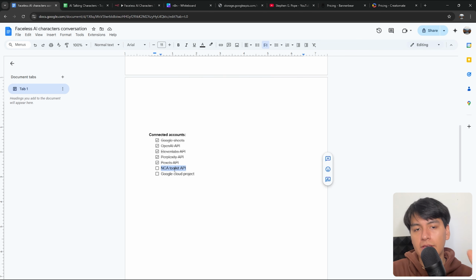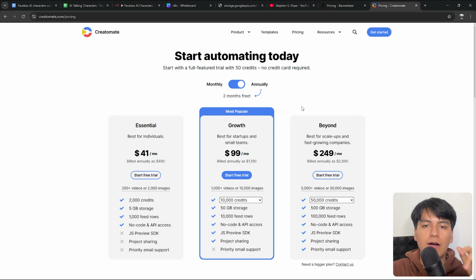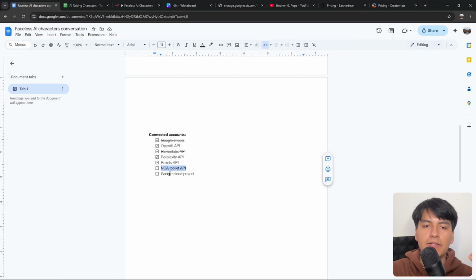And if you don't know what this is, well, it's basically an API you can use to do a bunch of things, including to edit videos. And I know that other video manipulation APIs like Bannerbear or Creatomate exist, but as you can see, their pricing is a bit on the high end. So the difference here with the NCA Toolkit is that you can actually host it yourself. And one of the places you can host it is in a Google Cloud project. And this essentially means that the cost will be extremely low. And I'm talking about a couple of cents or a few dollars if you give it a hard use.